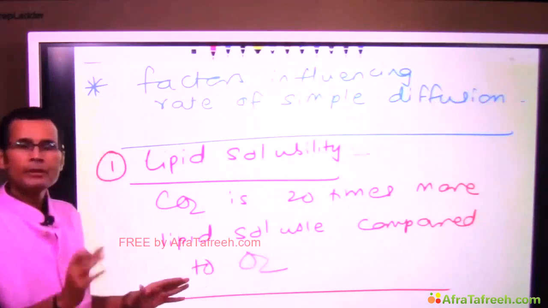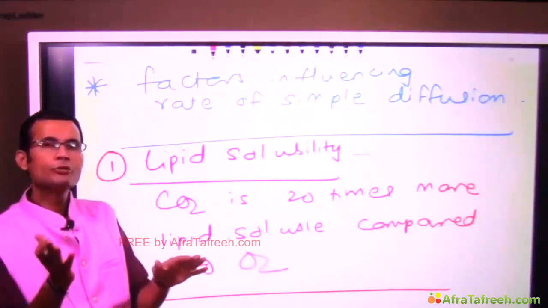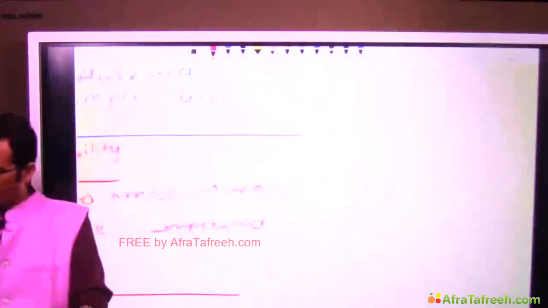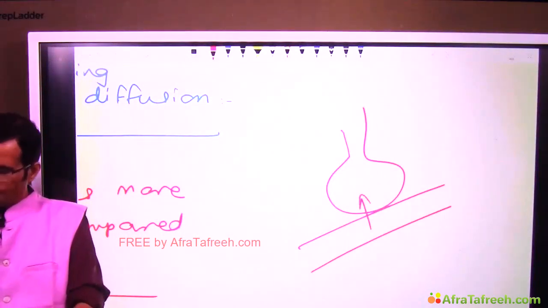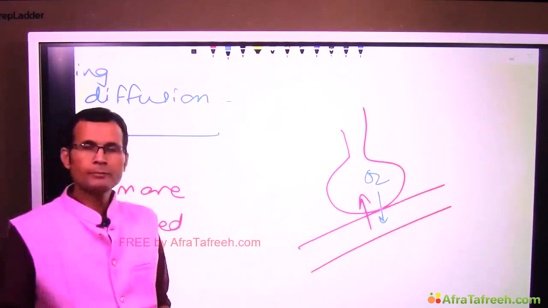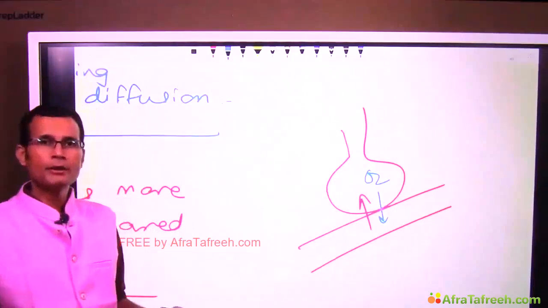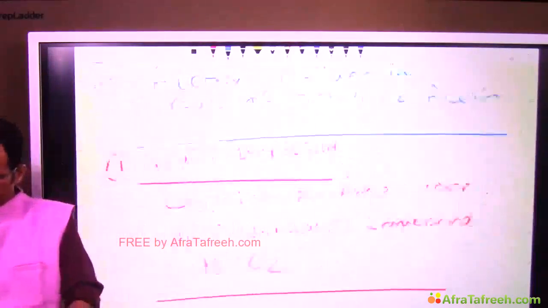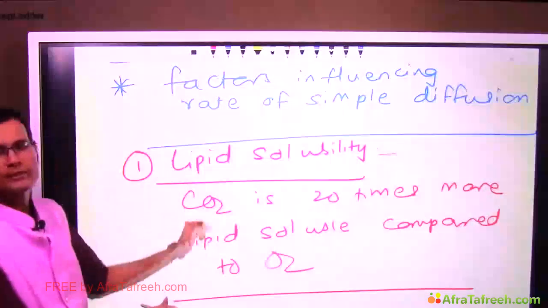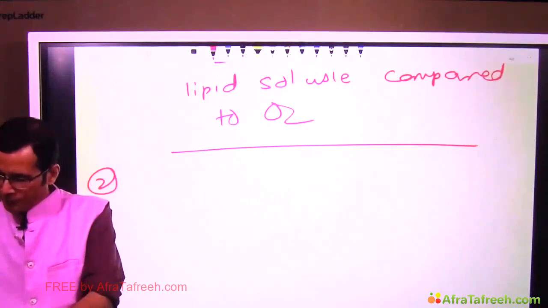Okay, carbon dioxide, let's say lungs, carbon dioxide diffuses from the pulmonary blood vessel into the alveolus, and oxygen from the alveolus goes into the pulmonary blood. Carbon dioxide will reach equilibrium very rapidly. It diffuses through the membrane very rapidly. The reason is this. First factor, then second,